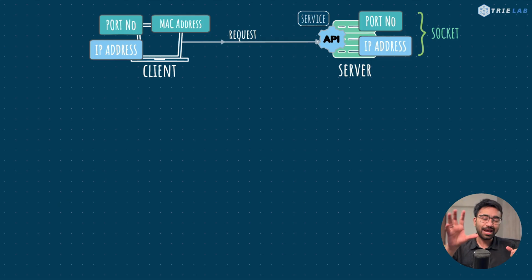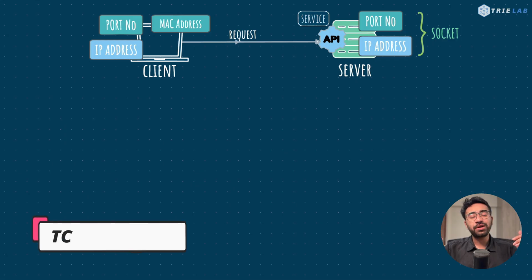Cool. Now that we have seen what MAC address, port number, and IP addresses are, you might notice that we are not really concerned with the MAC address of the server, since we don't really know that yet. It might be on a different continent itself, in a different network segment. Well, we are now ready to understand how the data packet is formed layer by layer.